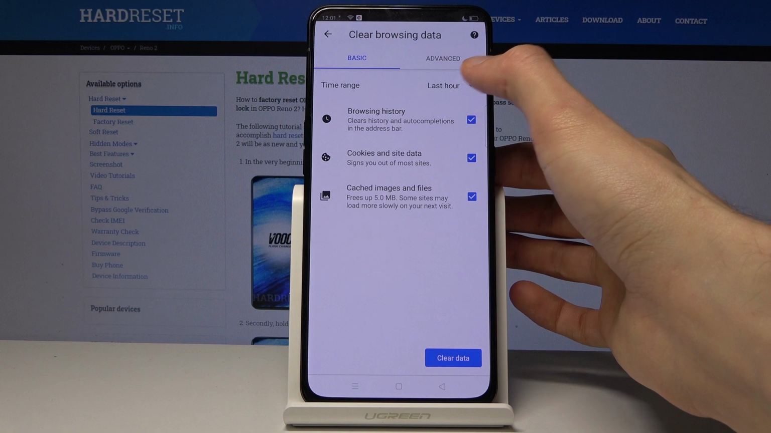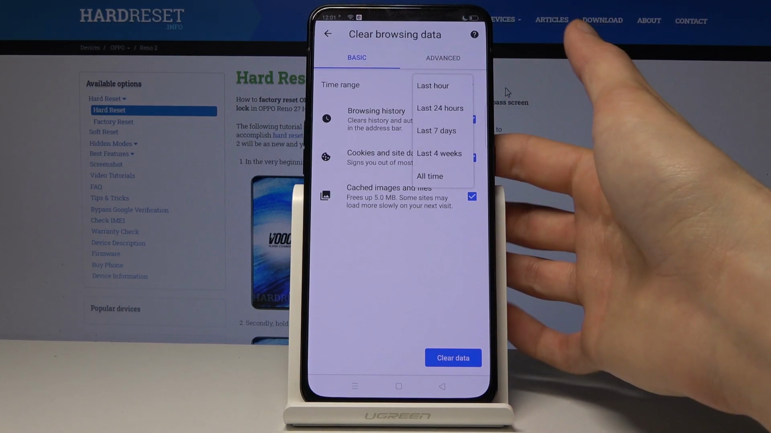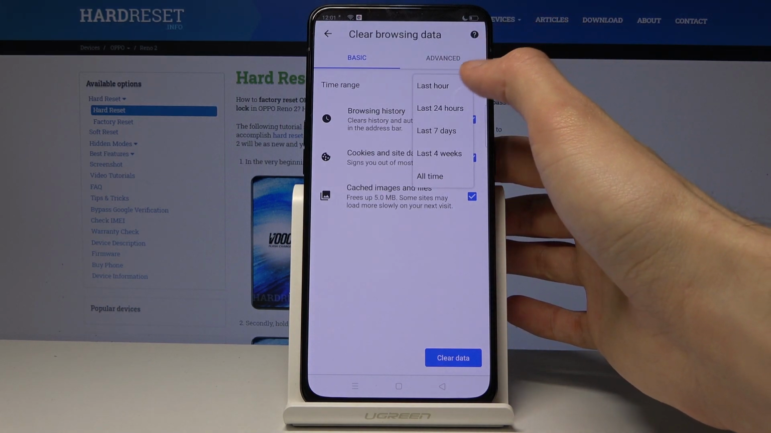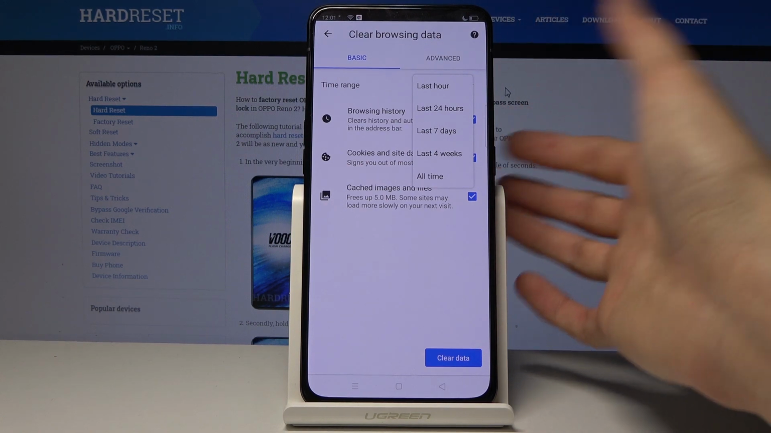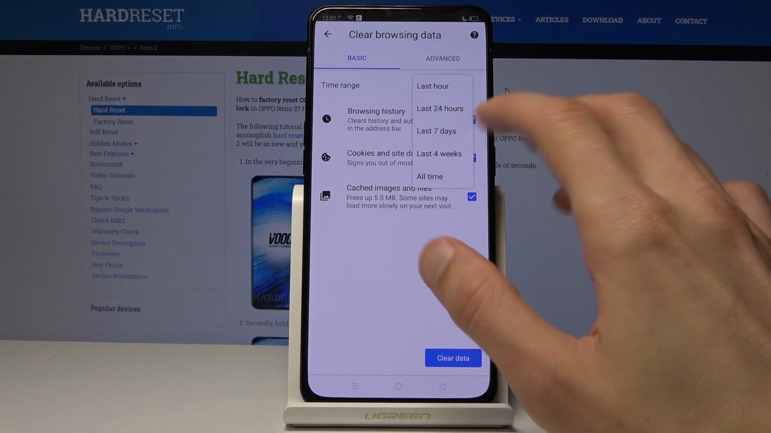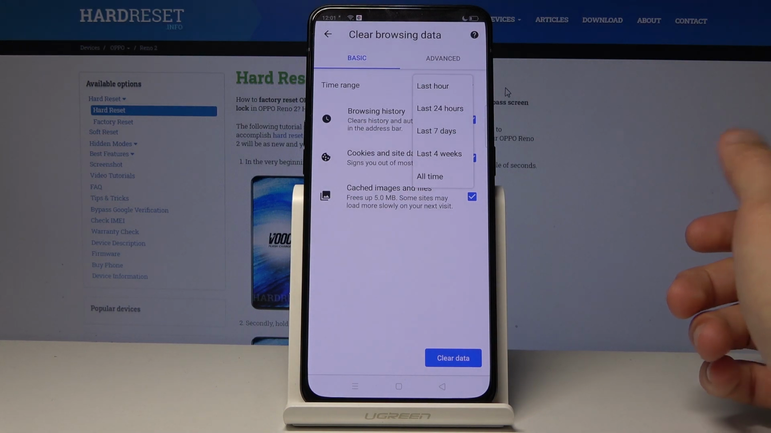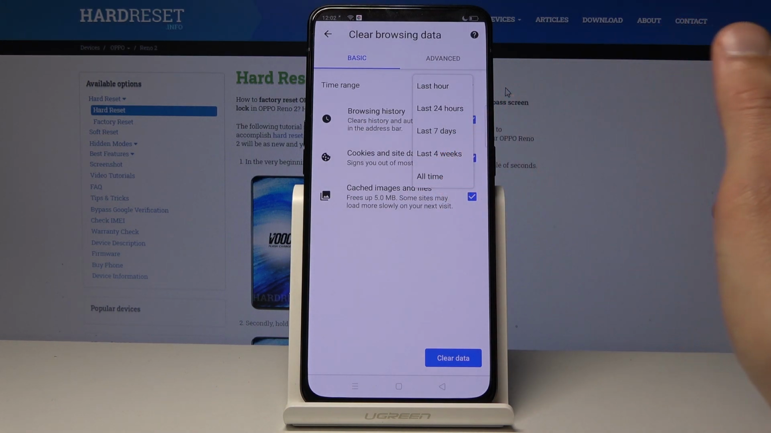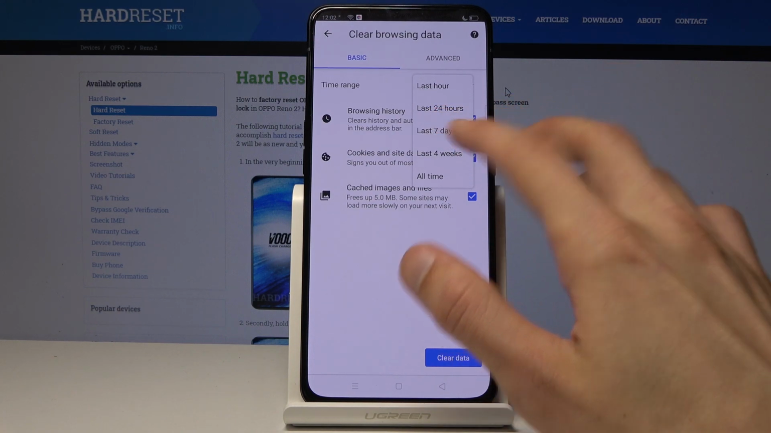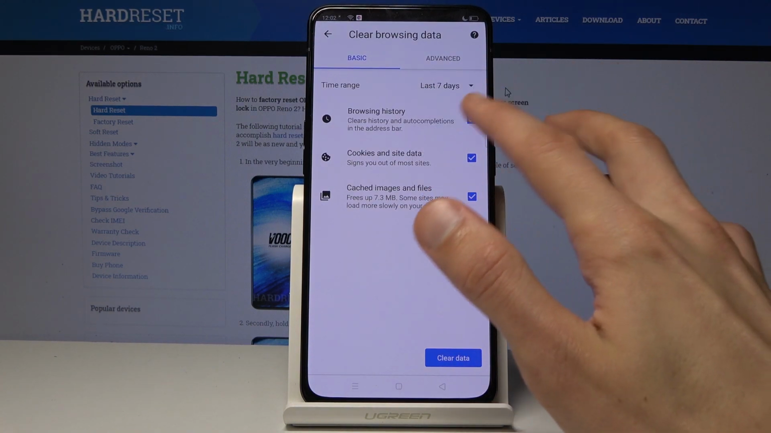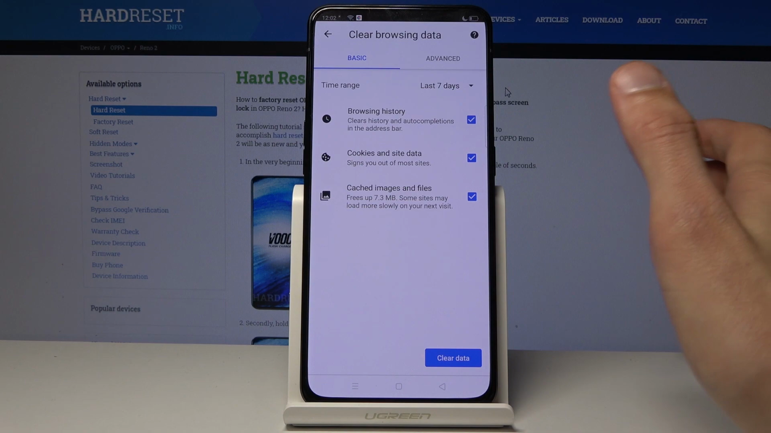So we have the time range, so you can set it for last hour, 1 day, 7 days, month, or all time. Now it really depends on you how far back you want to go. For me, it doesn't really matter if I choose 1 hour or all time, it's still going to remove everything. So all you need to do is just tap on the option you wish to use, and then you have